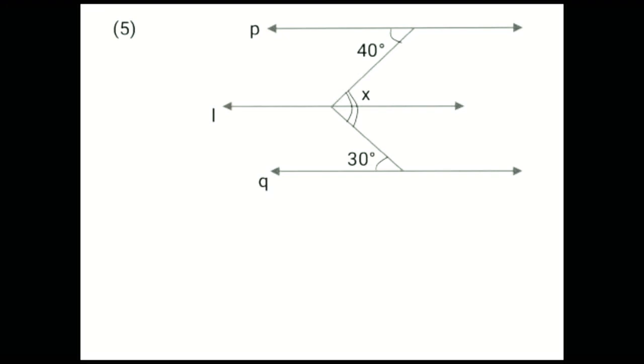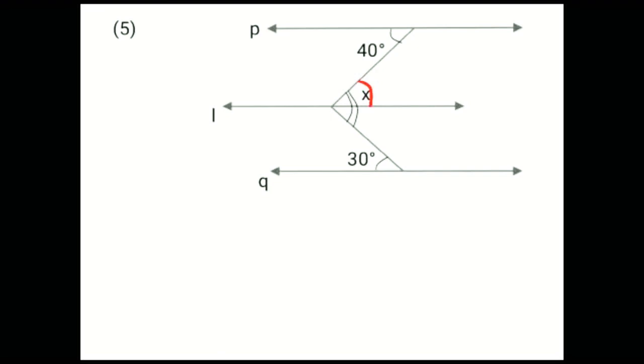Now first we will do line P is parallel to line Q. Okay, if this angle is 40 degree, half of angle X is 40 degree because alternate angles are congruent. It is coming Z. See here, it is coming in Z way. Interior alternate angles are congruent. So half of angle X, which is angle A, is 40 degree.